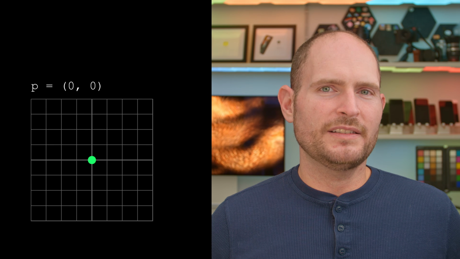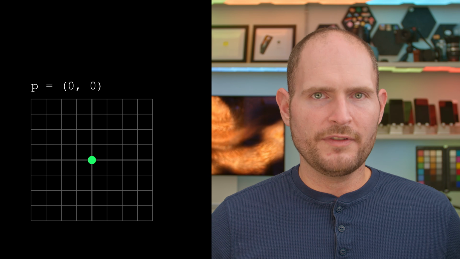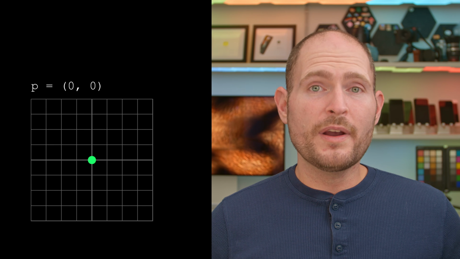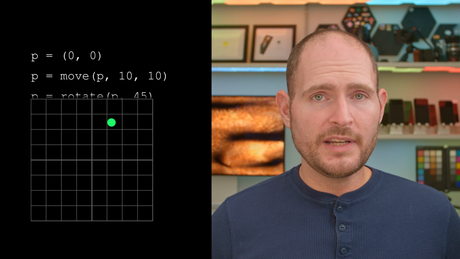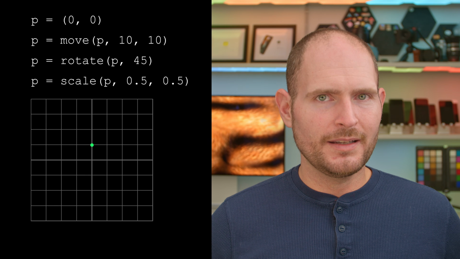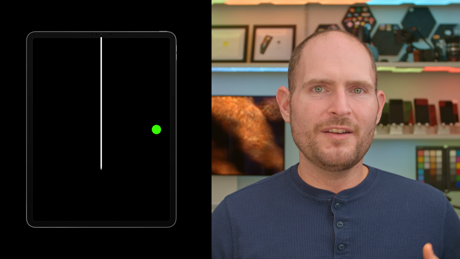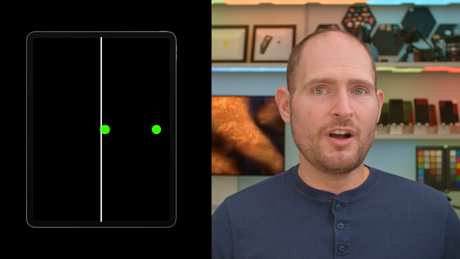Think of a matrix as a function that you create on the fly. When you pass a point through your matrix, you end up with a new point, one that's been moved, or rotated, or scaled. And you can combine together multiple transforms to end up with a complex operation, like one that finds the mirror position on screen along the center of the screen.